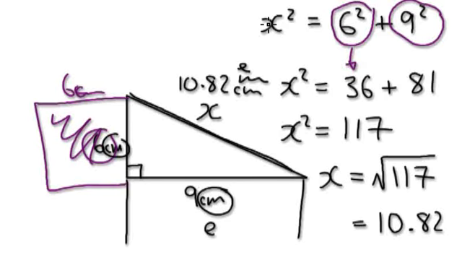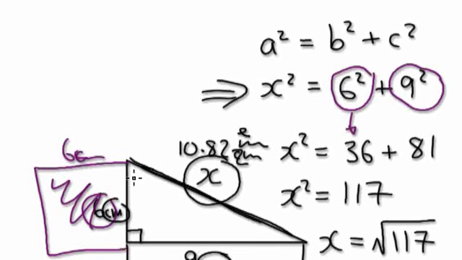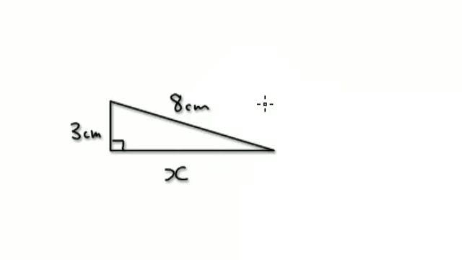Anyway, you start with something like this: if you square the hypotenuse, the longest length, that equals the square of the other length plus the square of the other length. Let me give you another example. Always start with the hypotenuse. So 8 squared equals